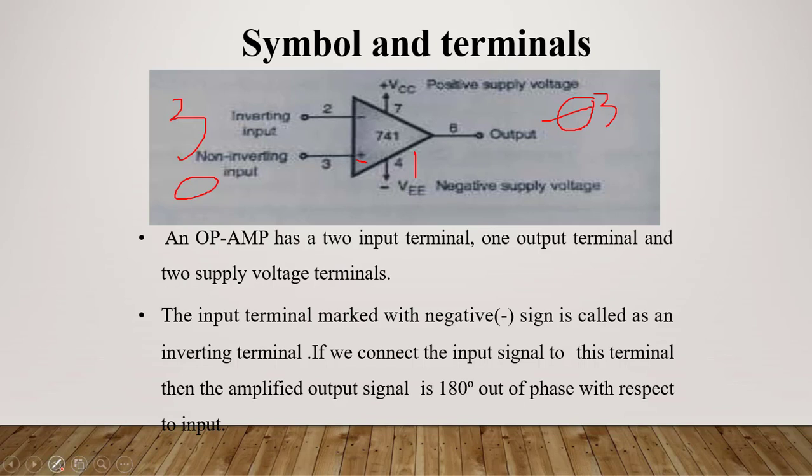Okay. So if both are equal, we can say that this is 3 and this is also 3. Now what happens? 3 minus 3 becomes 0. Whatever gain you give, even if you give gain 10, I am getting 0 on the output side. Okay, this is what we studied about this example.